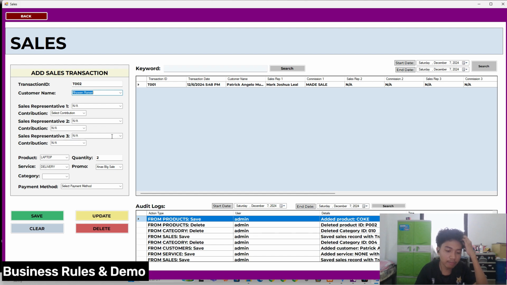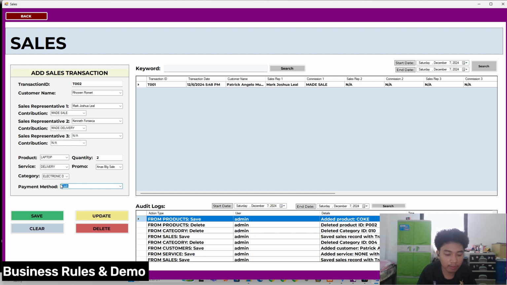And each sales transaction may involve multiple sales representatives. So here we can choose Mark Joshua for sales 1, lead sales, and Kenneth as delivery, and let's leave it at only 2 sales representatives. And its category is electronic devices and payment method. So products can belong to multiple categories. So we can have the same name but different category product. So we must include that.